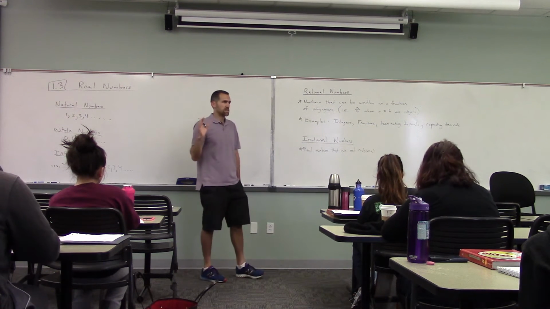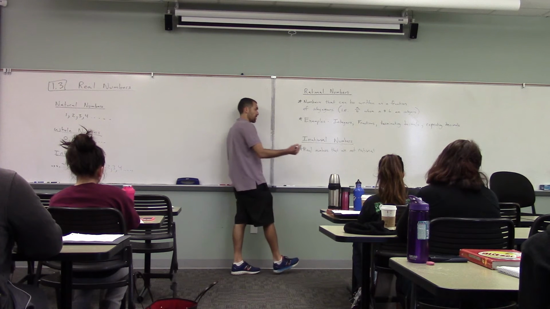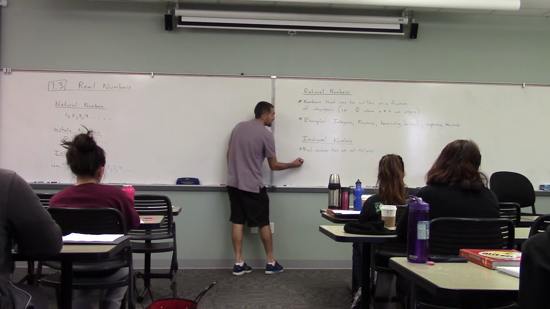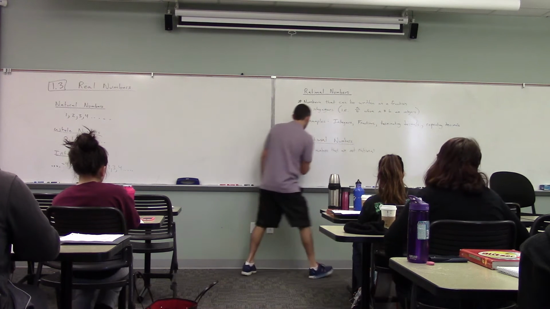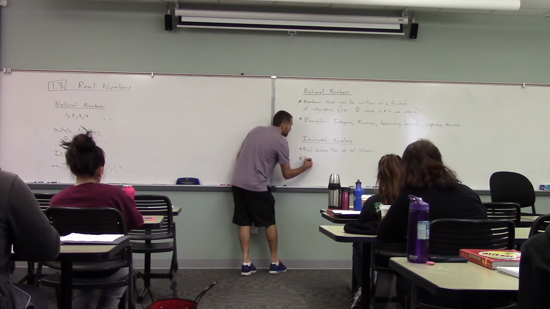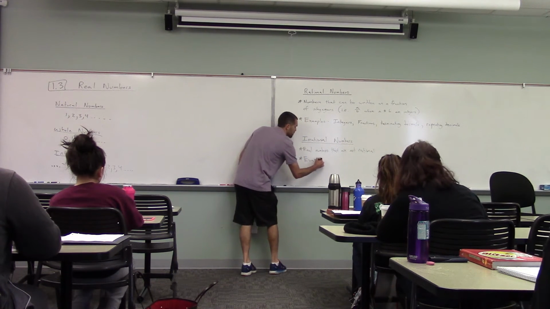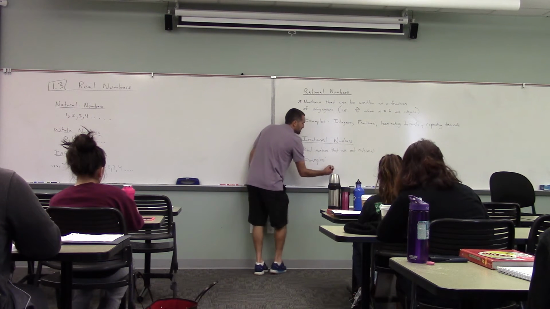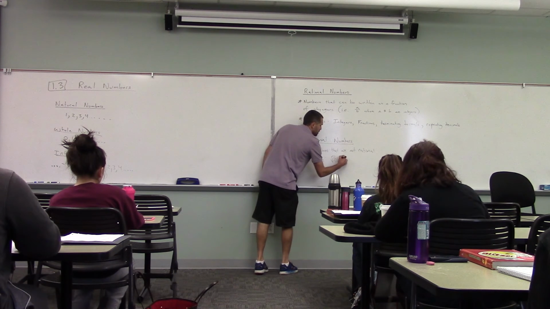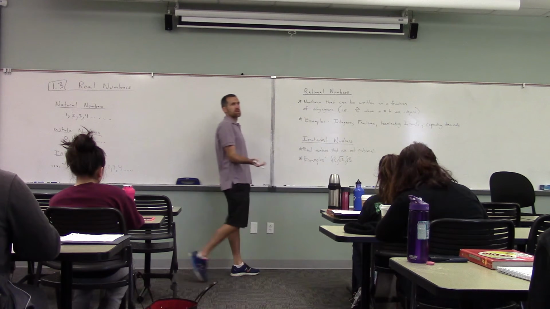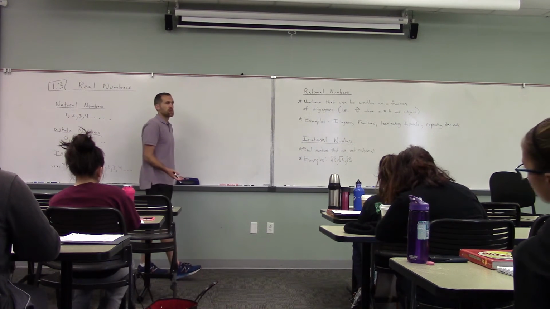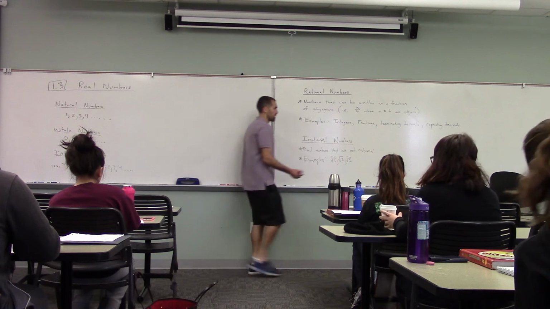Yeah, it's the easiest way to define them, is just say they're not rational. Specific examples, okay, I'll actually do it over here, but I'll write it right here. The most common examples are just square roots that don't work out nicely, so like square root of 2, square root of 3, square root of 5, not square root of 4, because that's equal to 2. But the square roots that don't work out nicely,